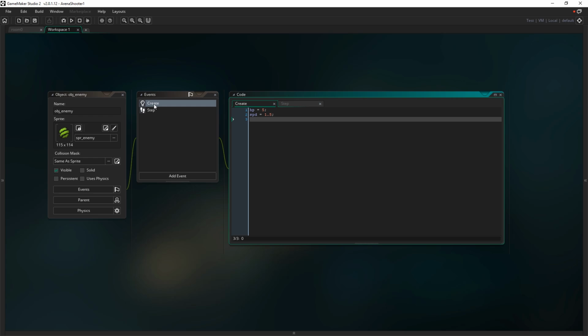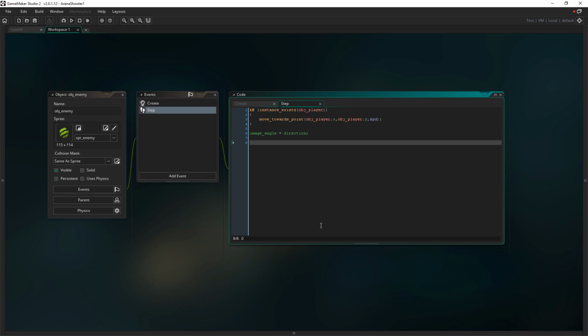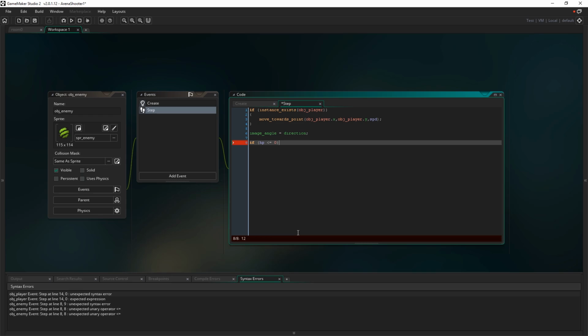At the moment you can see in create we set an HP variable, but we don't do anything else with it. As far as the game's concerned, HP just means 5, and that doesn't determine anything else in our game. So we want to say that if HP is less than or equal to 0, we're going to destroy this particular enemy. So if (HP <= 0), close bracket. Okay, so if that